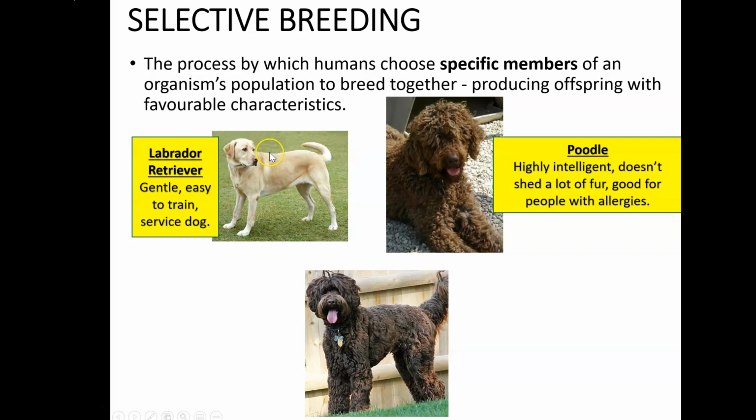Labrador Retrievers are known to be very gentle. They are very easy to train, and that's why they're amazing service dogs. Eventually, after training, they become great service dogs, very family-oriented, great companions, and they're trainable. Poodles are also very highly intelligent. They are not as friendly as a golden retriever,